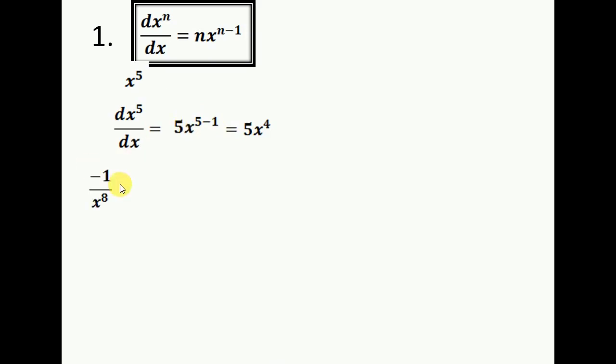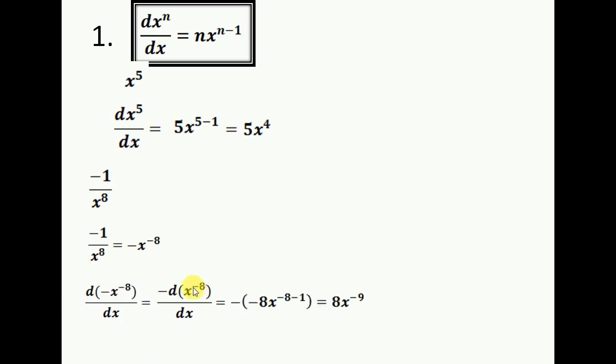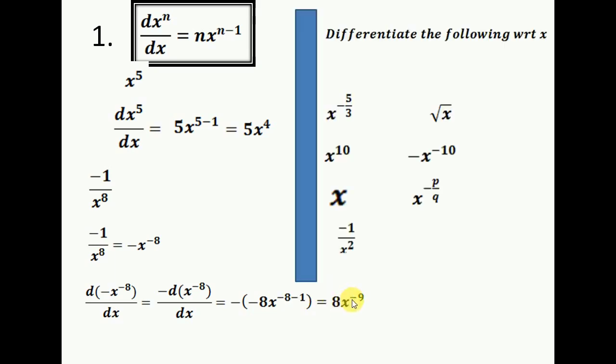So let's differentiate this. In order to differentiate this, I have to take this x to the numerator. So when you take this to the numerator, it will become minus x to the power minus 8. So now let's differentiate this. I'm taking this minus out. So out here n is minus 8. So minus 8 will come out here, and x to the power n minus 1, that is minus 8 minus 1. So it will be minus 8x to the power minus 9. So now you can try these questions.